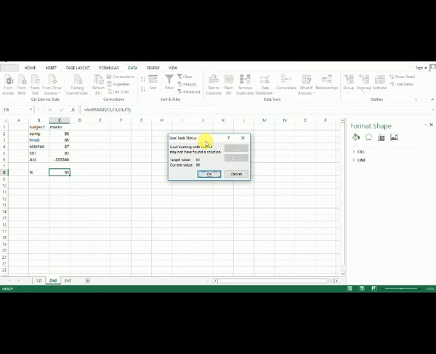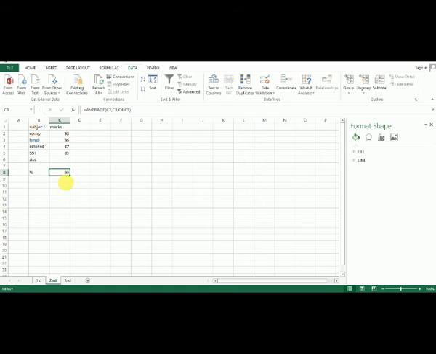Yes, it's wrong, you can use this one. Now use Data, What-If, Goal Seek.